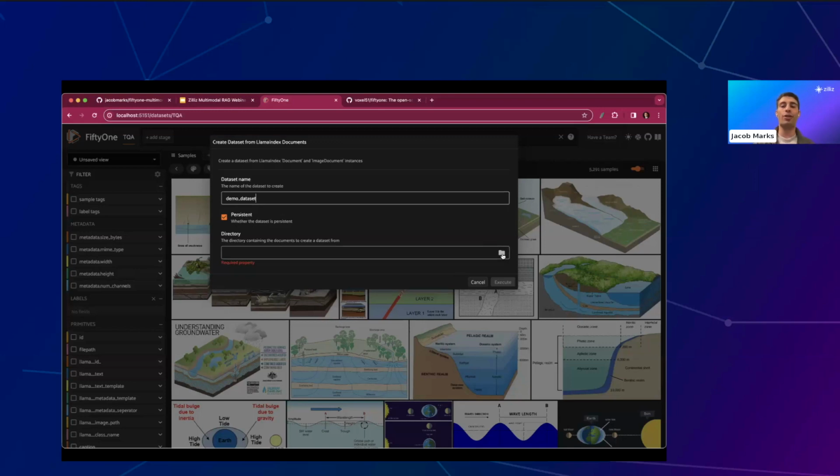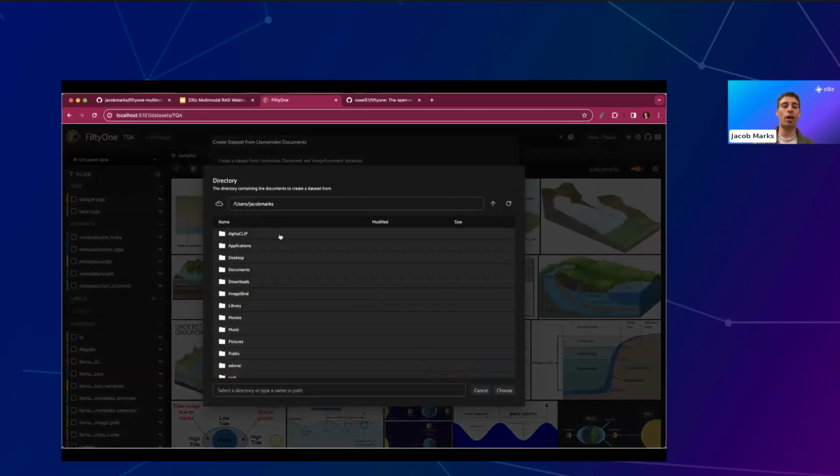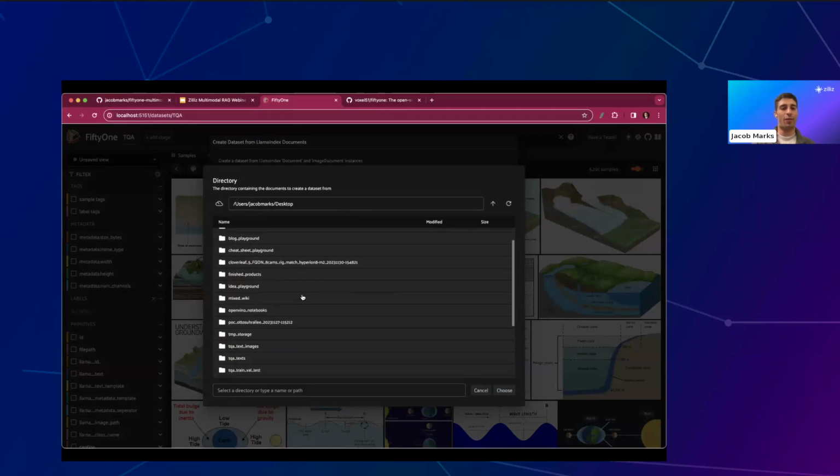And then I can choose the directory containing all of these multimodal documents that I want to turn into LlamaIndex documents. These could be images, they could be text, they could be whatever. And then it's going to add them as samples wrapped in the FiftyOne interface. And then we'll be able to index things. So in this case, I'm going to look at my desktop.